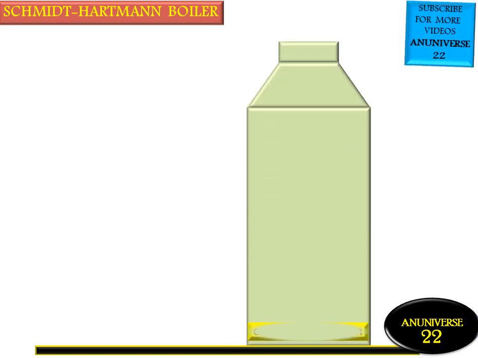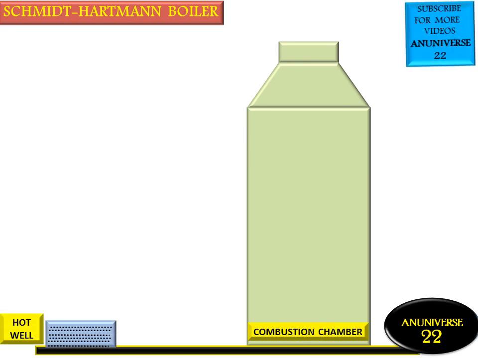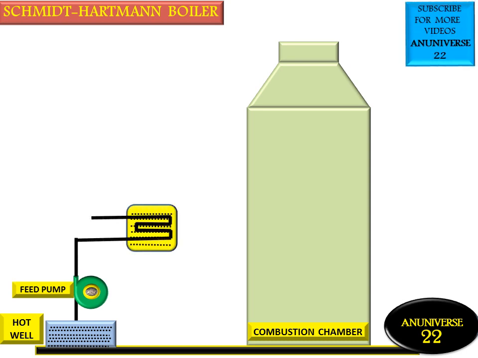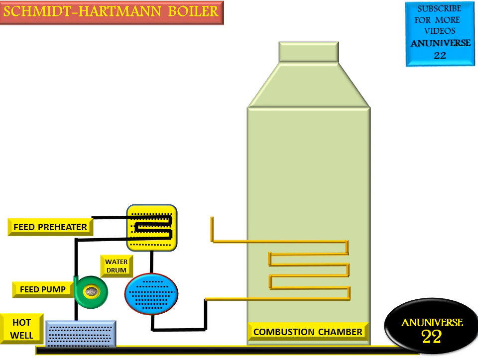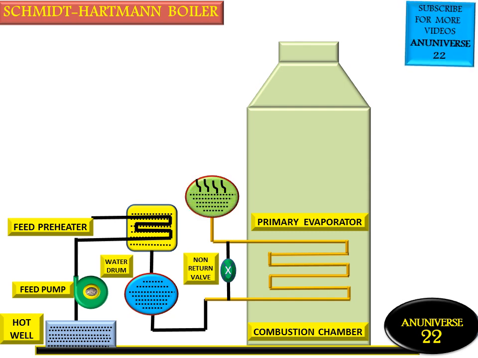Firstly, we will learn about the main components of the Siemens-Hartmann boiler. This is the combustion chamber, this is the hot well, feed pump, feed preheater, water drum, this is the primary evaporator, this is the non-return valve,